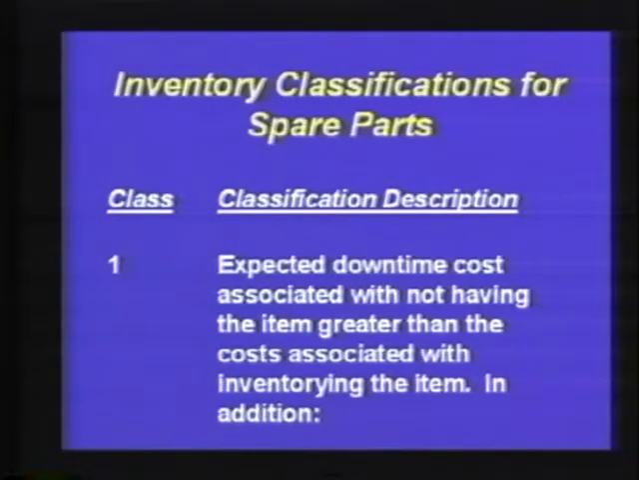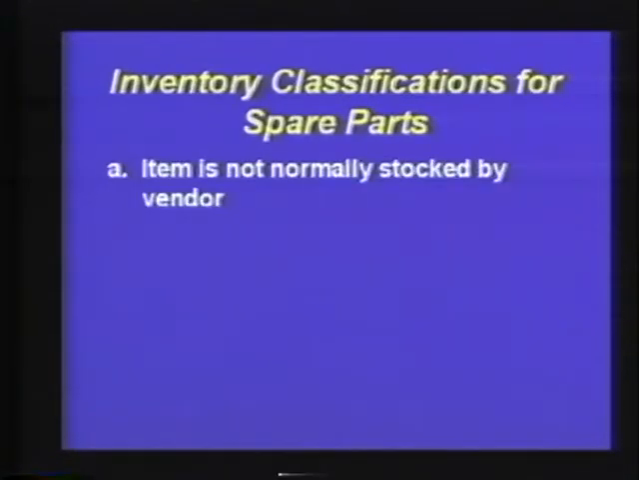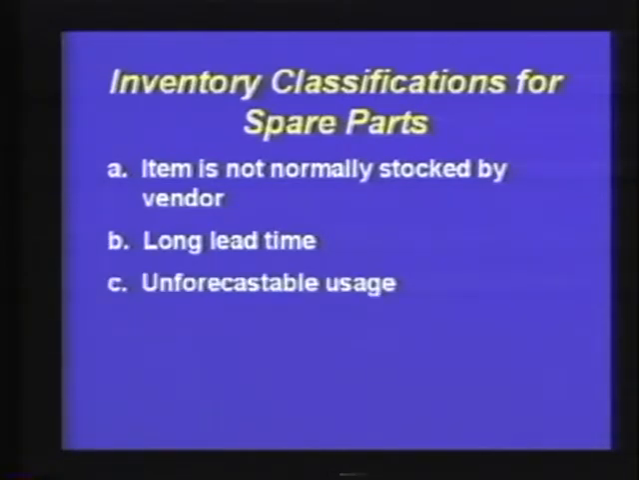Class 1 is an item that is not an integral part of PM, major, minor overhaul. And Class 1 is an item that is not normally stocked by the vendor, which is indicated as A under 1. It has long lead time. It has unforecastable usage, which means you don't know when you're going to require it, but if you did, you